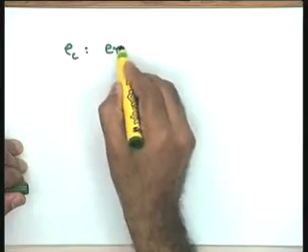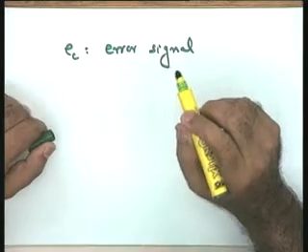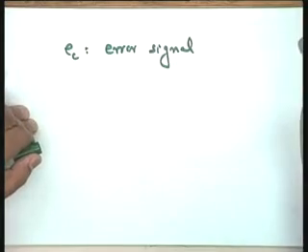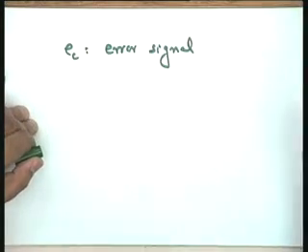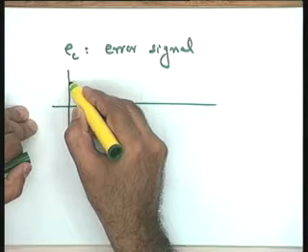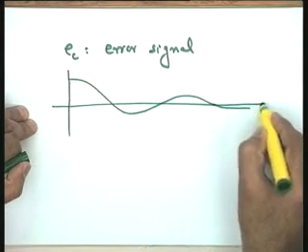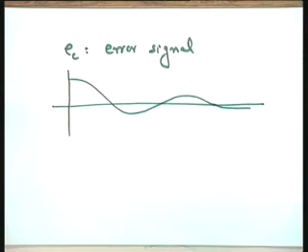EC stands for an error signal in a feedback control system, and the specific objective of the control system is to nullify this error, to reduce this error to 0. So, typically if a control system is functioning well, this error E is going to be a low frequency signal. It is going to be a small signal, and let me take a typical error signal of this nature. Let us say this is the error in the controlled position and the reference position, or it could be the error in controlled velocity and the reference velocity.